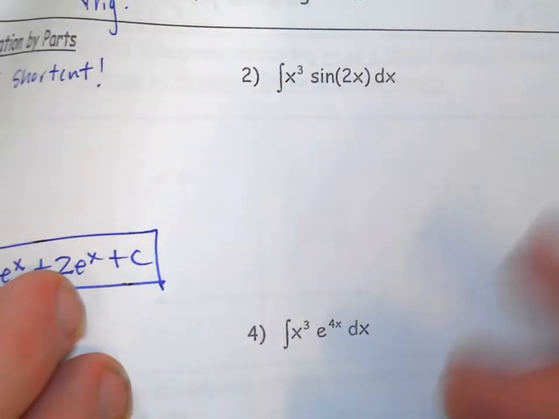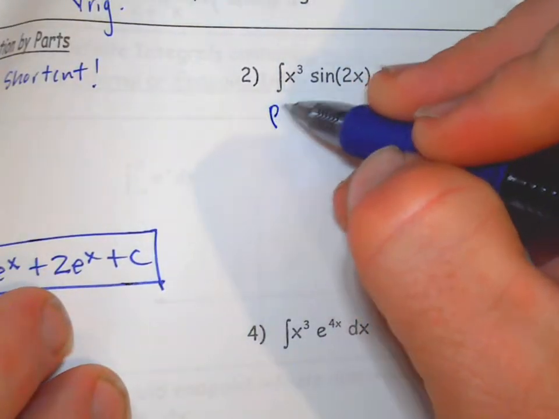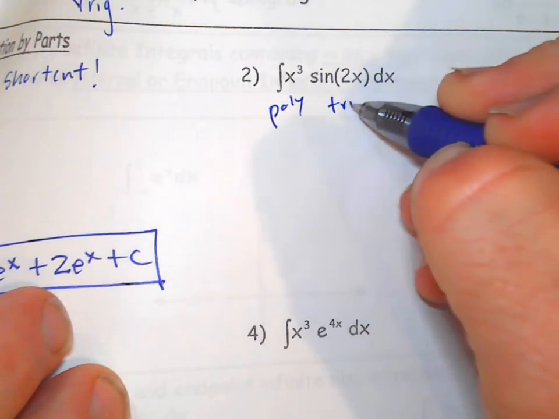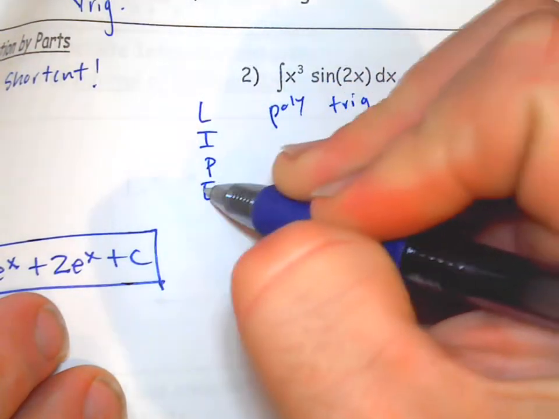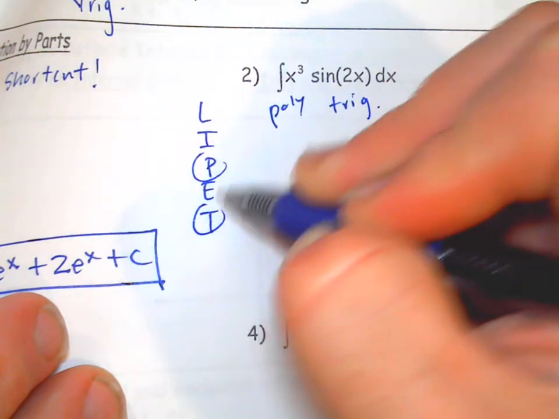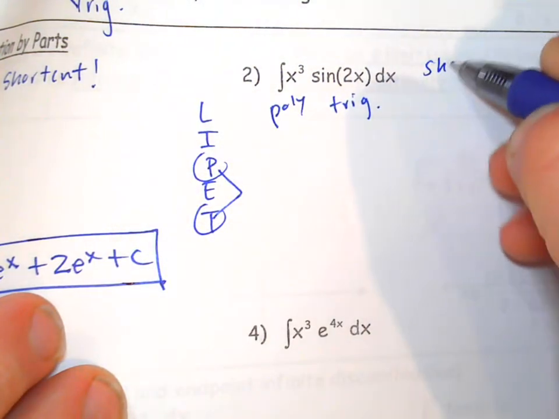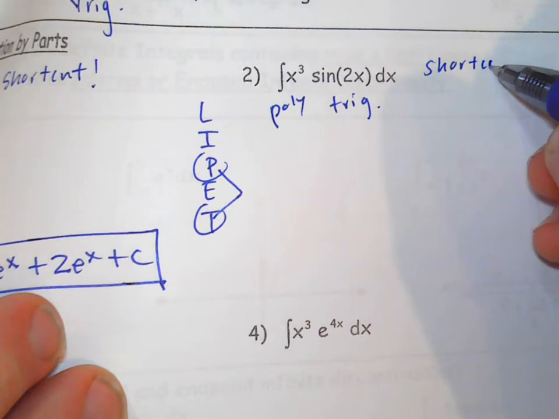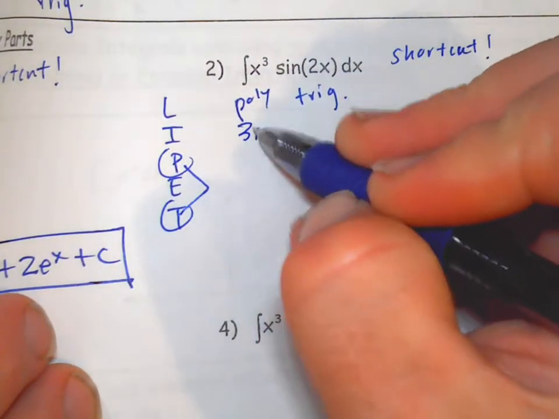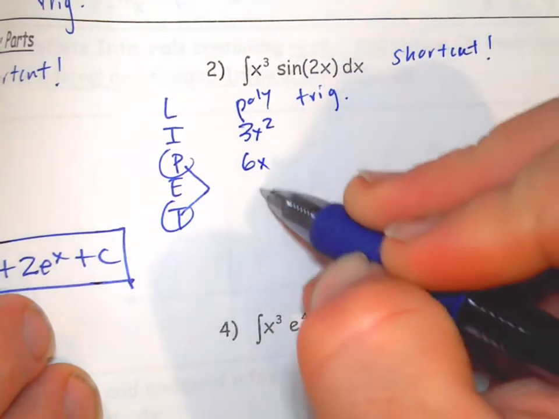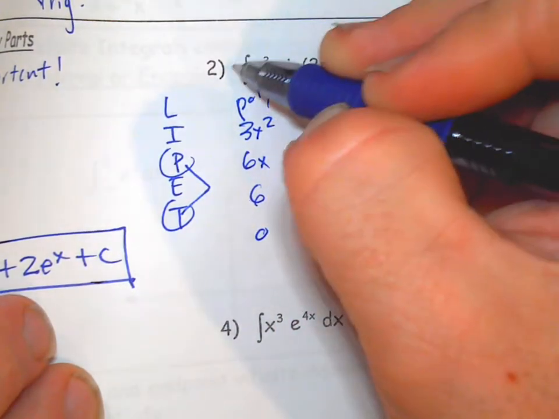Okay, number 2, poly, trig, LIPET, poly and trig. We can do the shortcut. So 3x squared, 6x, 6, 0. Keep going all the way to 0. Positive,